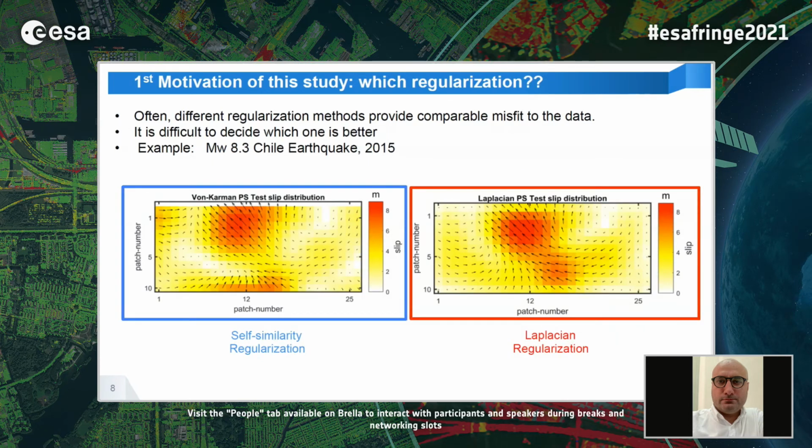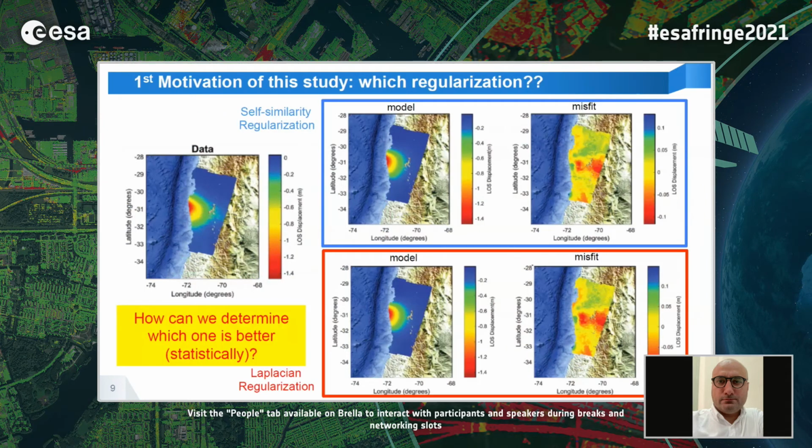You go to the next slide. The one on the left is self-similarity regularization, and the right is Laplacian regularization. You see quite totally different slip behavior between these two methods. But if we look at the misfit in the next slide, you see that the misfit is very similar